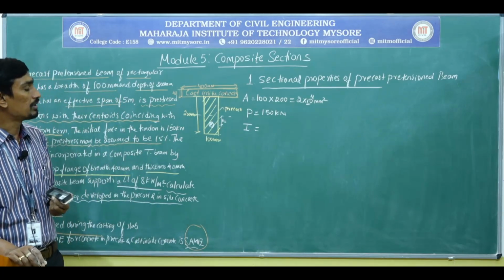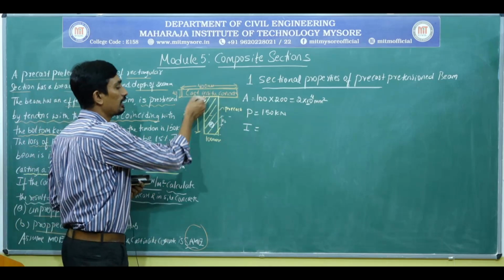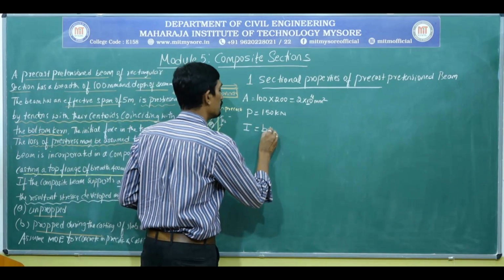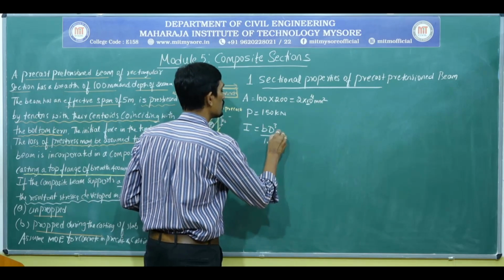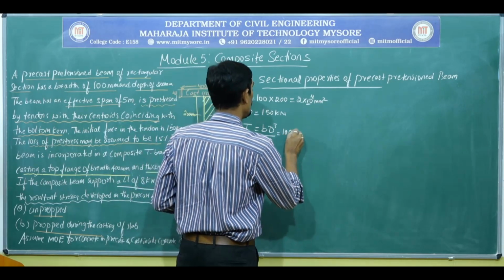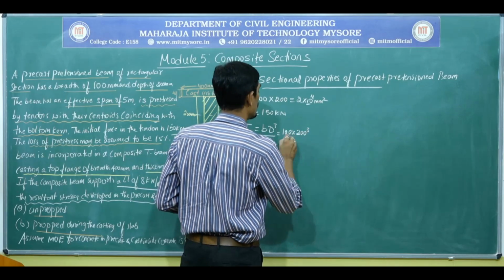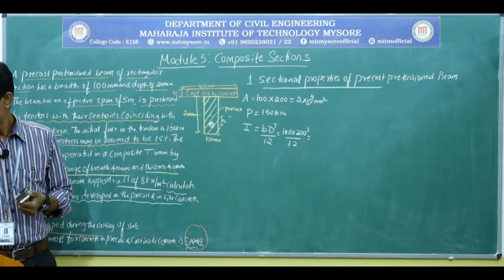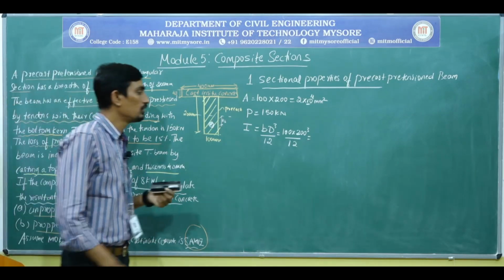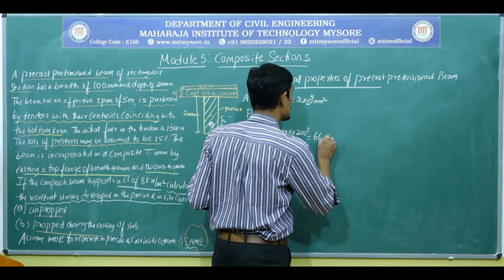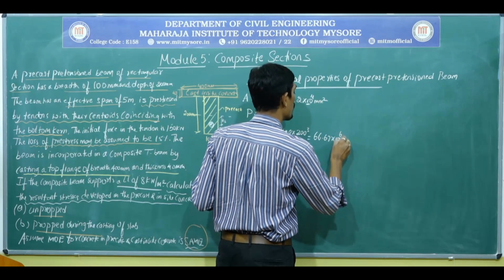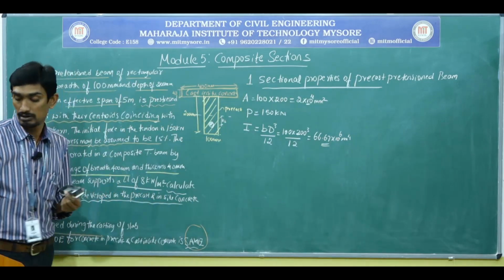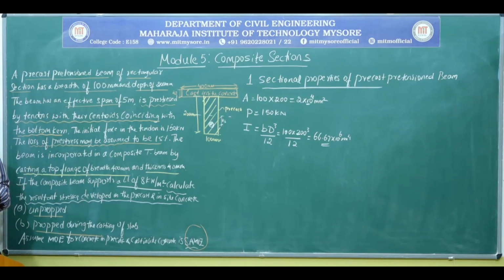Now, the moment of inertia for this rectangular section, we already know that. The formula is bd cubed by 12. So that is 100 into 200 cubed divided by 12, which works out to be 66.67 into 10 to the power of 6 millimeter to the power of 4. Next,